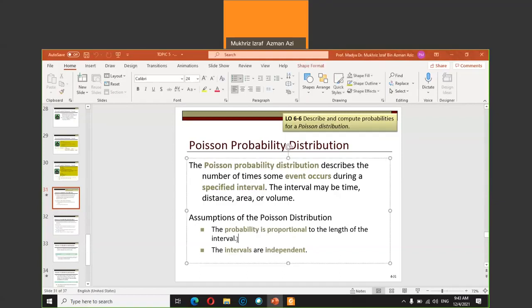For example, there are two accidents occurring every hour in Malaysia. Then in 1 hour there are 2 accidents, so in 2 hours there will be 4 accidents. So proportional means the value is proportional. If we refer to the specified time of 1 hour, that 1 hour is the interval time. In 1 hour, there will be 2 accidents. So the value of 2 is the Poisson value.